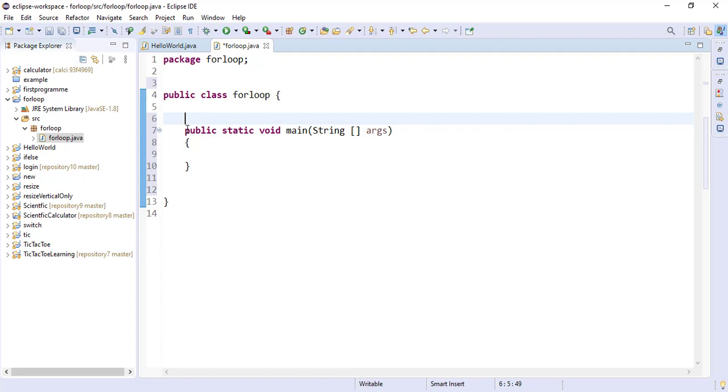So what does it mean? A for loop can do work which is repeatable. You can see I am not going to change my line everywhere. Like in the first line I don't print 'my name is Brijesh', and in the second line I am not going to print 'my name is Rahul'. In the third line I am not going to print some different name. So in this case the work is the same, but it is repeatable. So if you want to do some work again and again, then you can simply use for loop.